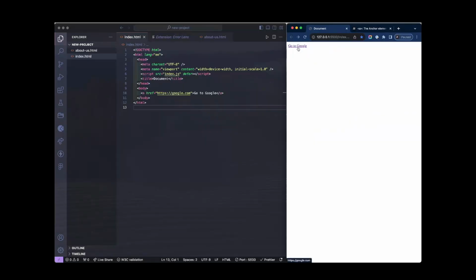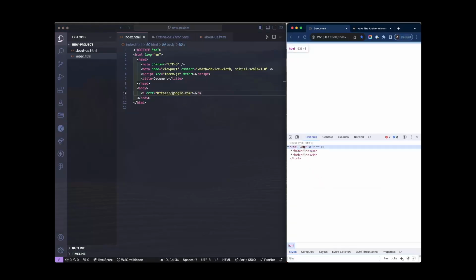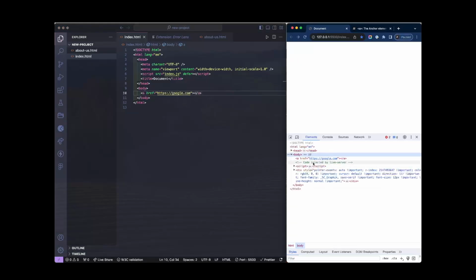Let's now talk about the common issues that happen really often when working with the anchor tag. The issue number 1 is that developers sometimes forget to provide the anchor tag with the tag content. So let me remove this Go to Google phrase and save the file. You will see that nothing is displayed here, right? And inspecting the page, we will actually see that the anchor tag was added to the body, but it has